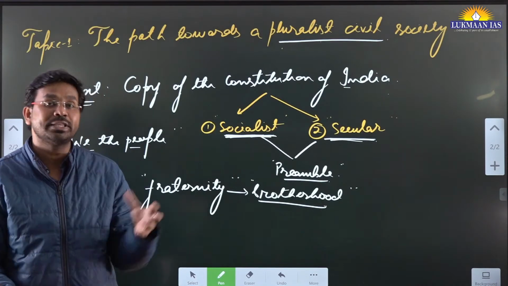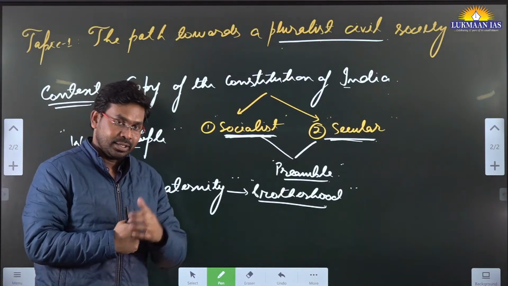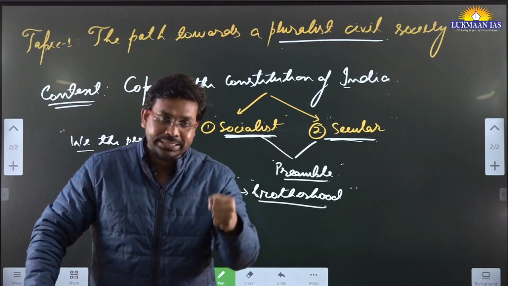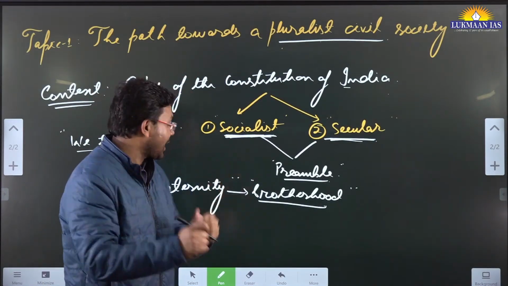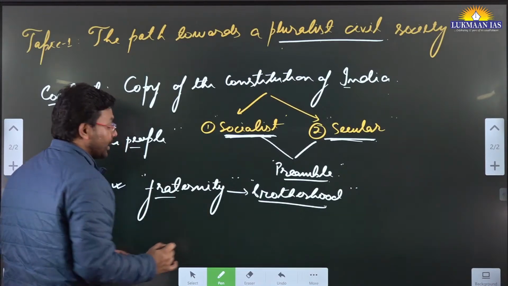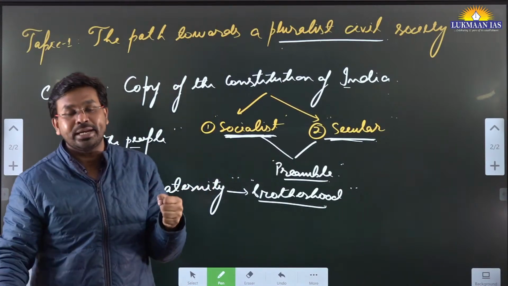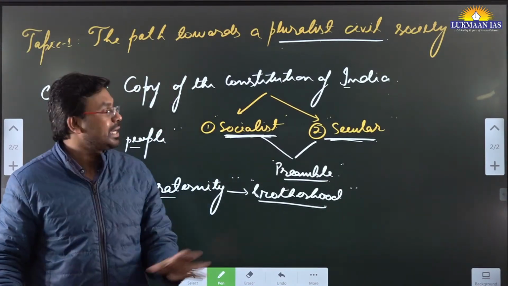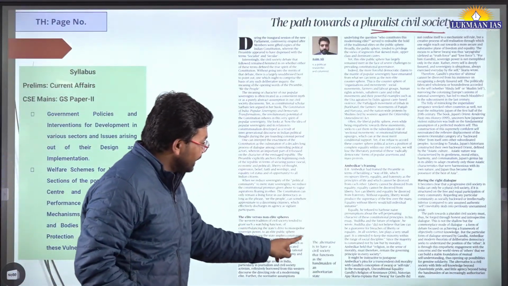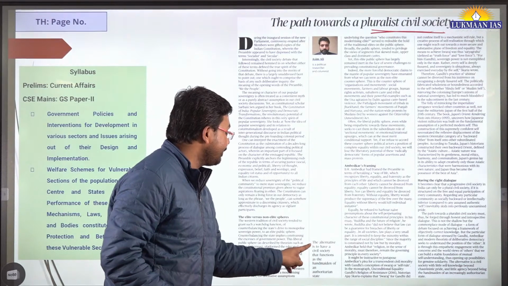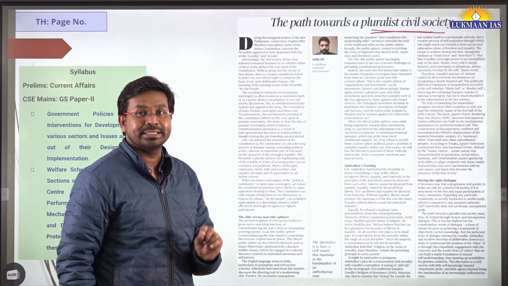So the core idea of this particular article is that when the state assumes an authoritarian character, in that case, we need to have a strong civil society. A strong civil society must have a sense of fraternity, brotherhood among them. It should be a pluralist civil society, and it should be strong enough so that it can resist any such authoritarianism by the state. So finally, in this article, the author says the alternative is to have a civil society that functions as the handmaiden of an authoritarian state. Okay, this is the thing.